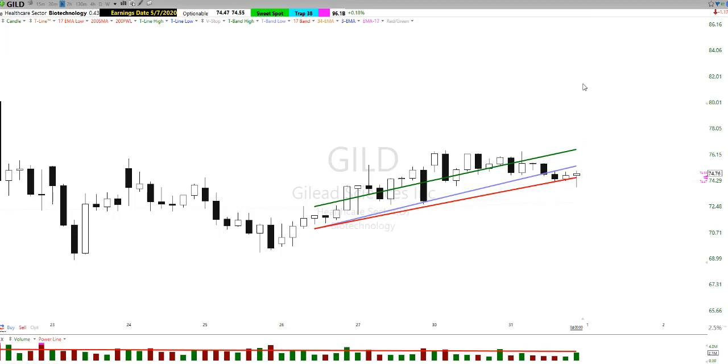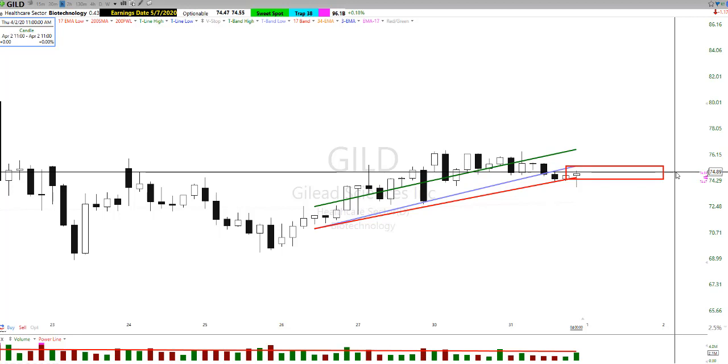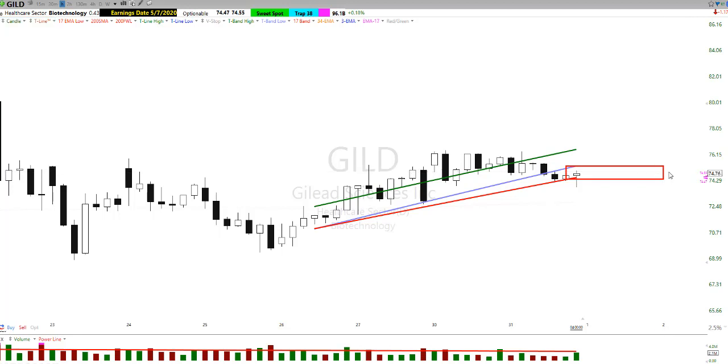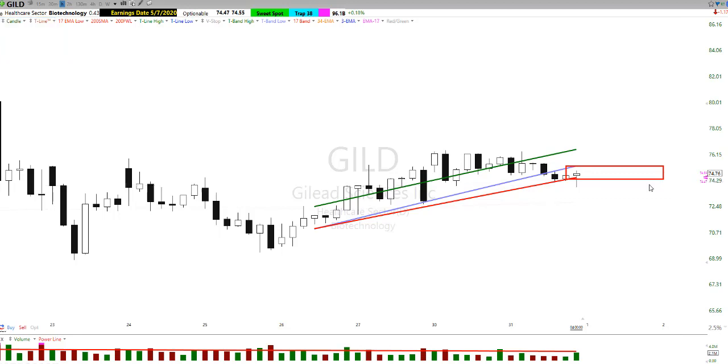I don't want to buy it up here. I'm not interested in that. In a perfect world, honestly, I'd like to buy it within that little area right there. And now, by doing that, I know what my stop is going to be, and I even know what my risk will be. Let's just say we buy it in the middle of that red box somewhere. My risk, I'm looking at less than 1.5% risk. And the reward,